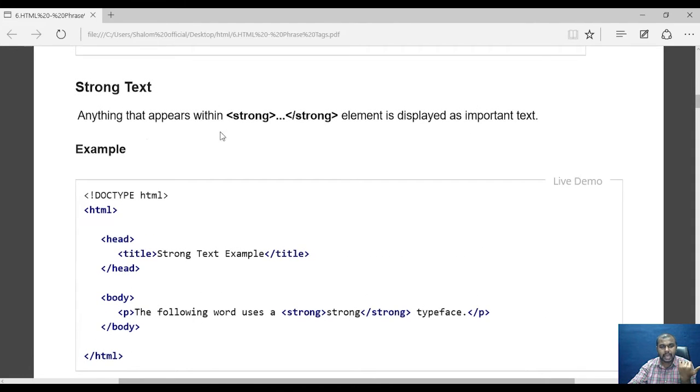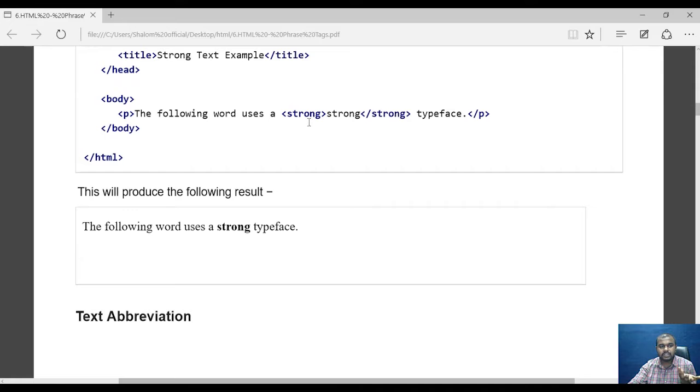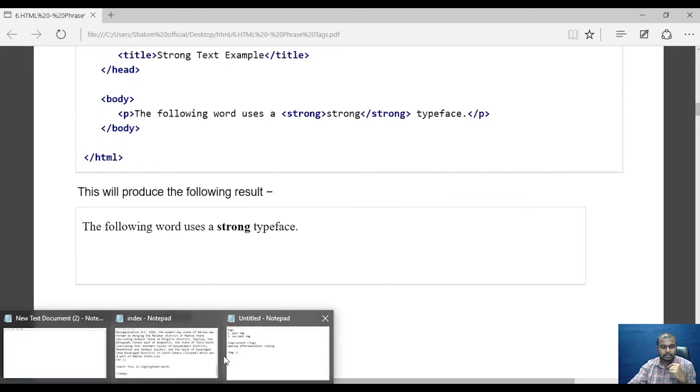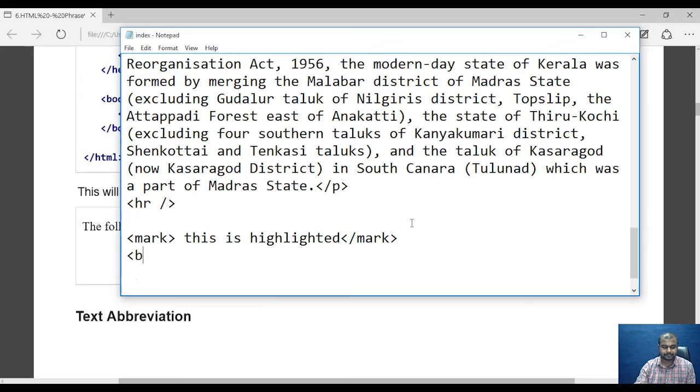And then you have the strong tag, which will give you a similar output to bold. So if you use the bold tag, I'll write this is bold. Sorry, B tag. This is bold, slash B. And then you have the strong tag, and I'm writing this is also bold or strong.